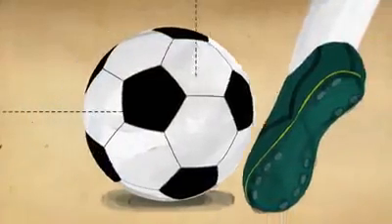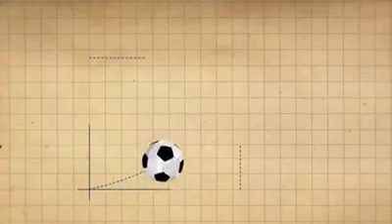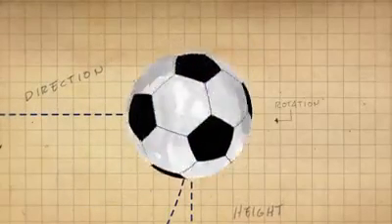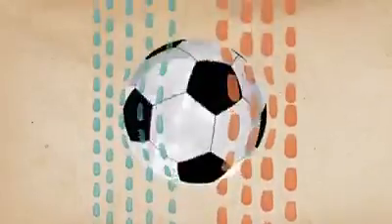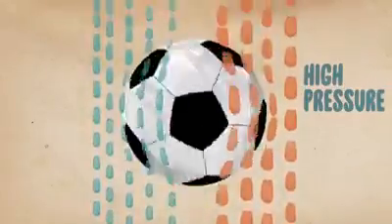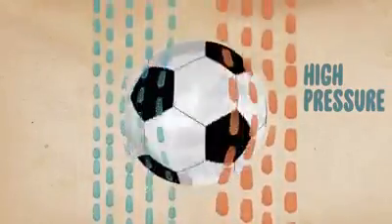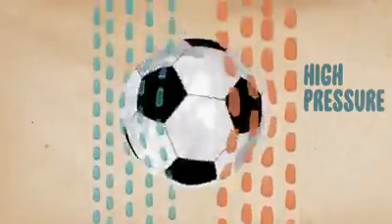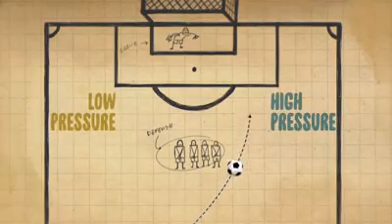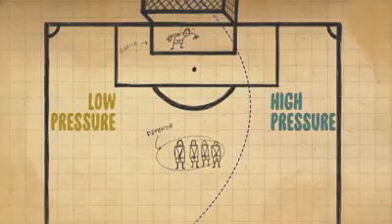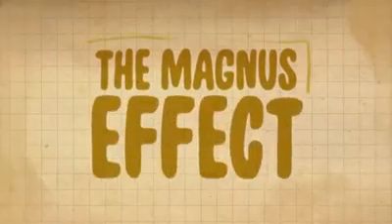Carlos placed his kick at the lower right corner of the ball, sending it high and to the right, but also rotating around its axis. The ball started its flight in an apparently direct route, with air flowing on both sides and slowing it down. On one side, the air moved in the opposite direction to the ball's spin, causing increased pressure, while on the other side, the air moved in the same direction as the spin, creating an area of lower pressure. That difference made the ball curve towards the lower pressure zone. This phenomenon is called the Magnus effect.